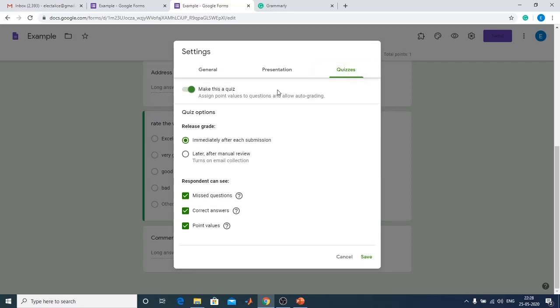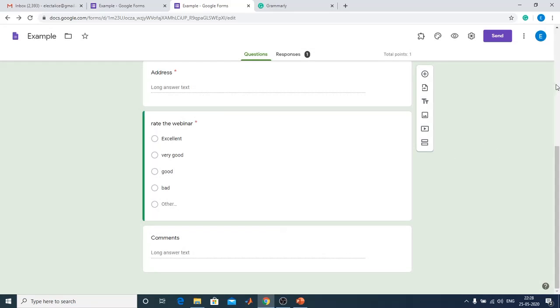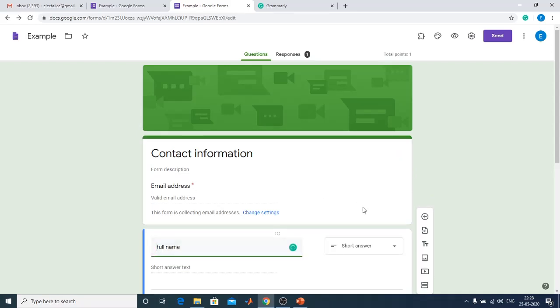Make sure this icon is on, make your Google form a quiz, and save it. The second thing to note down is that two columns are important: one is email address and the other one is full name.